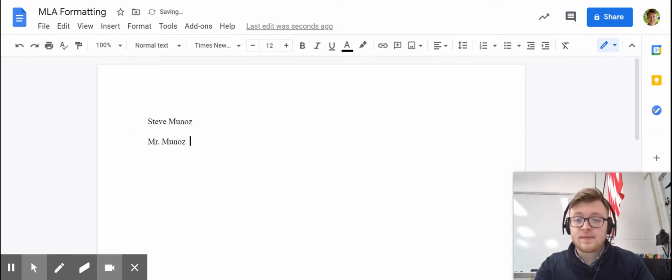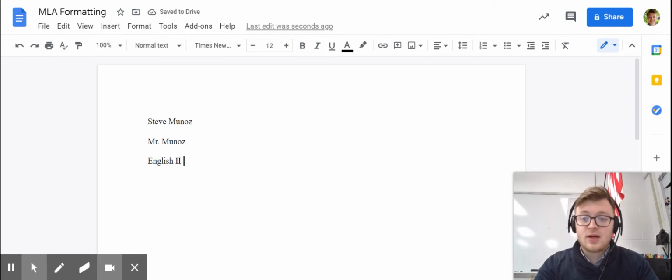The third line of the heading is the class that you're taking. English 2. You can even quantify the class, English 2H, English 2CP, or qualify the class, that's a word. So English 2, then you skip another line, and you put the due date of the essay in international date formatting. So what that means is if the essay is due on the 22nd of February, you put 22 February 2021